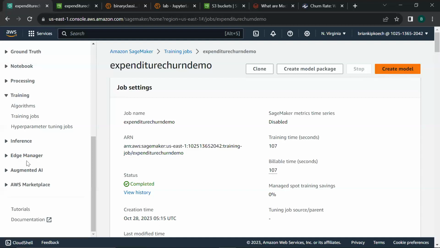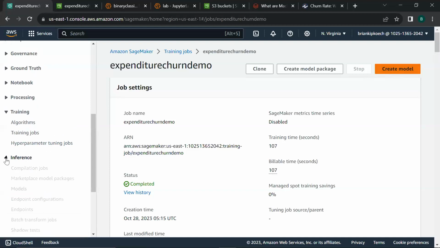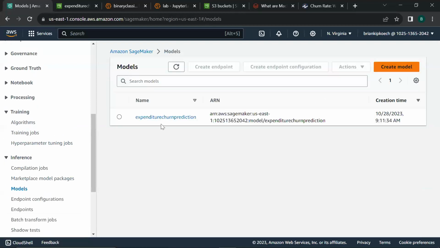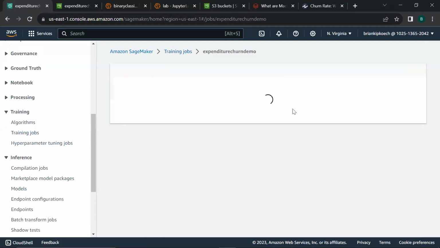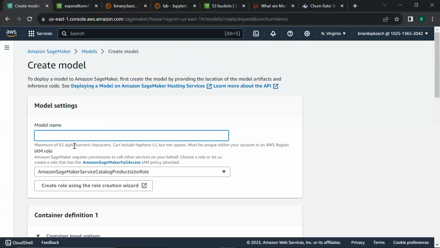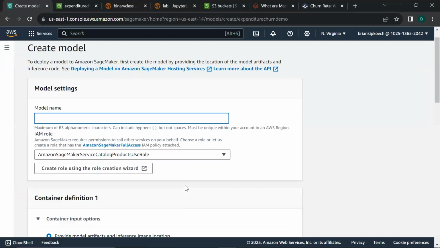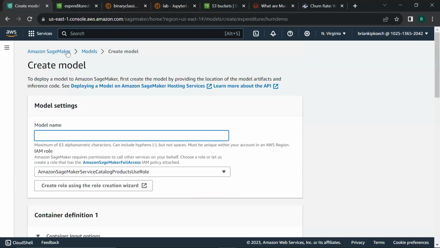And how do you check the models that you have? You come to inference and go to models. So in my case, I have one model that's been created, but I can create more. I can click on it and create model. I can give it a name, and the role that will be used is what you use to create the domain and so forth. But I am not going to do that. So I'll go back